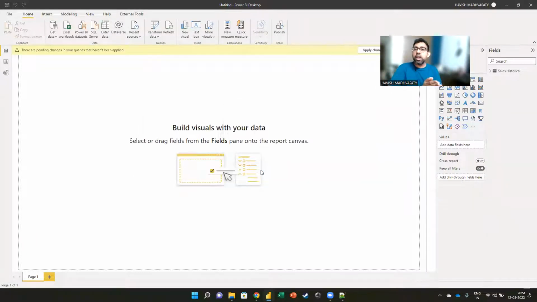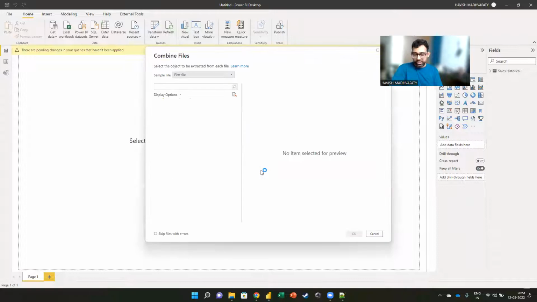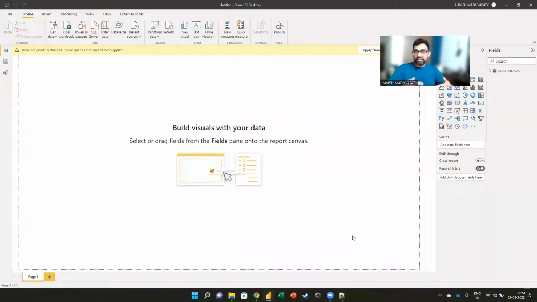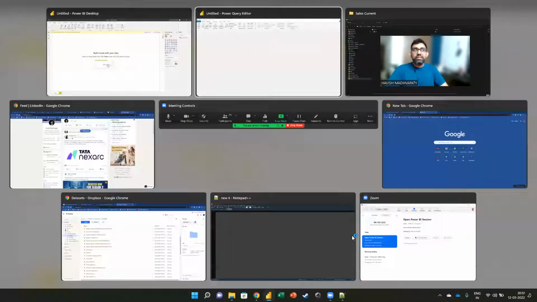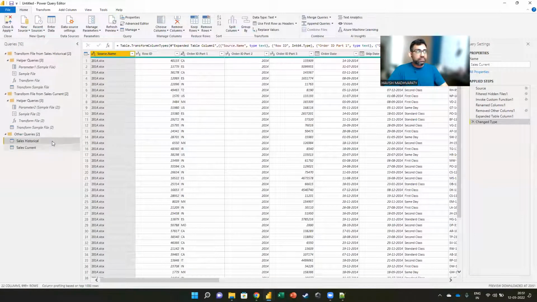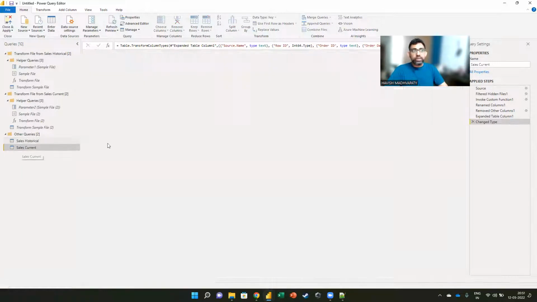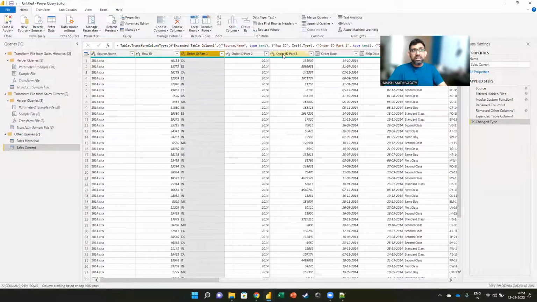The challenge is that my order ID is not the same. If you notice, in my original historical data, 2011, 2012, 2013, my order ID was given to us in a single column. But the problem is that in the new data, my order ID has been given to us in 3 different columns. Now you might say, okay, what's the big deal?